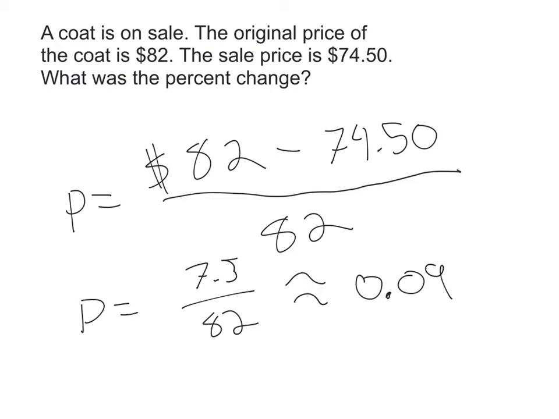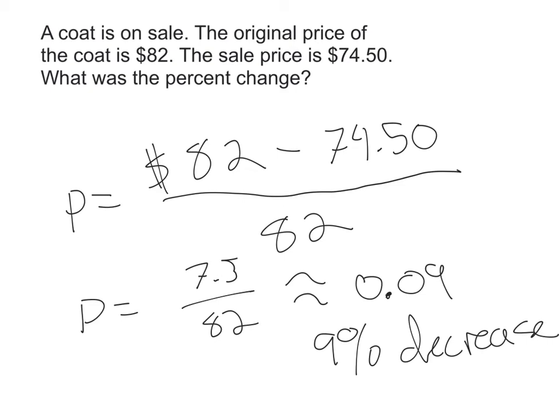0.09. Now that's the decimal, but we know if we want it as a percent, we multiply by 100 because a percent means for every 100. So it's about 9%. And because the price went down, we can say that it is a decrease. A 9% decrease is the change. So we took the original amount, we subtracted the new amount, we took that change and divided by 82, and